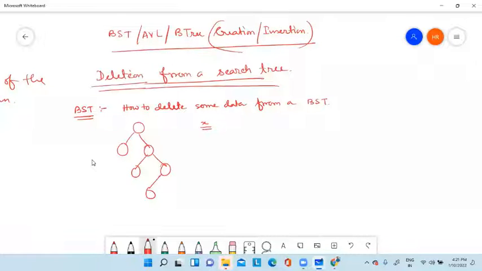The logic is I have to compare each and every element of this tree, and if I find the element in this particular node, then I have to delete this particular node. Now see, what is the problem in case of a binary search tree? If we delete this particular node, what is happening?